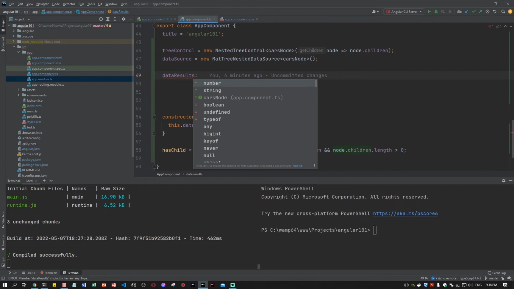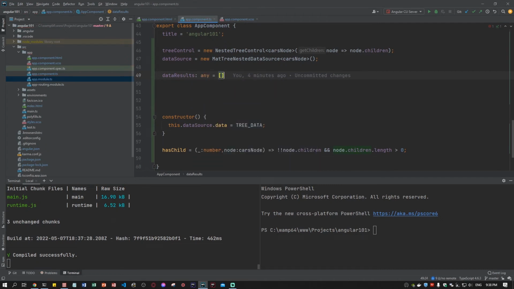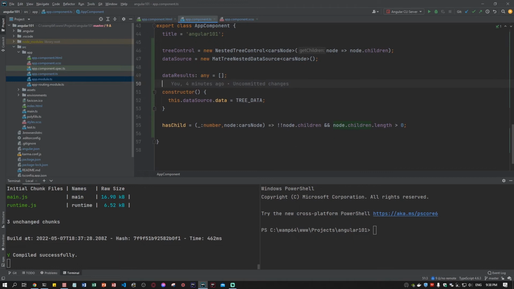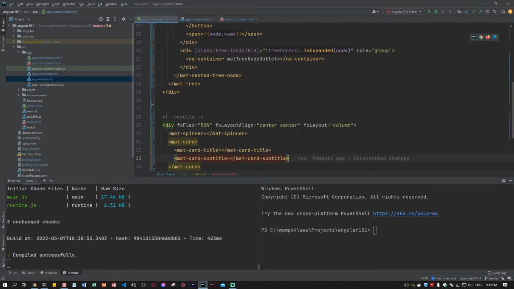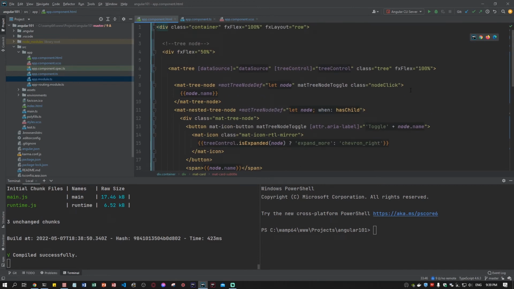right? And it will be of any type, any for now, or I can pass the car nodes. Yes, I can do that. What do you think? Yes. So let's create. To be able to create a click on, let's say, civic, accord, and the children right here, at the end of the nodes, I'll be creating a click right here. So on the mat treenode,